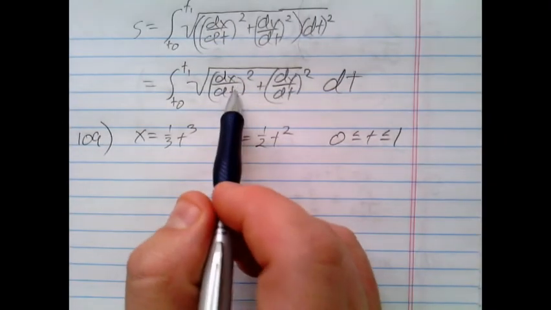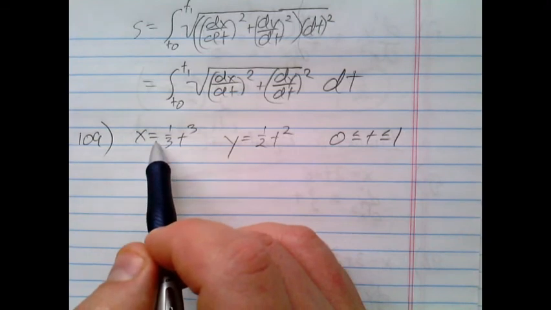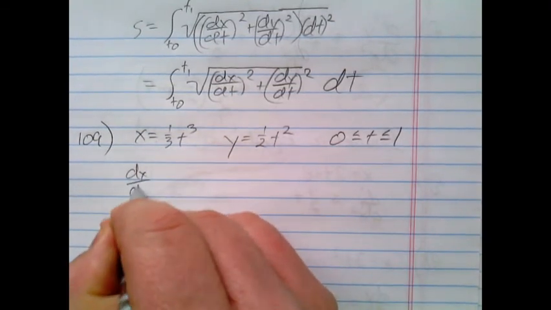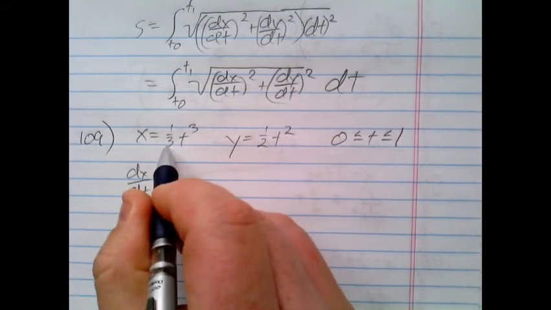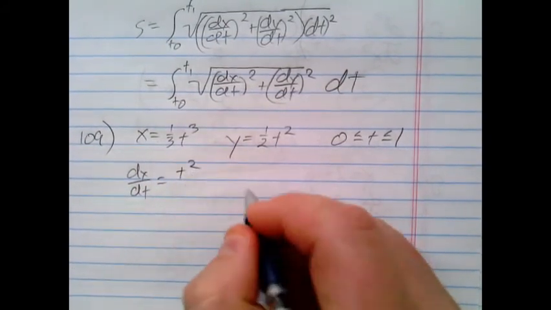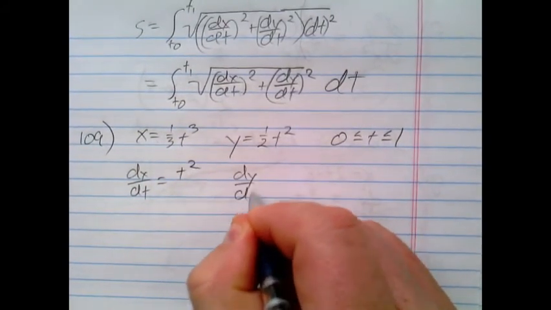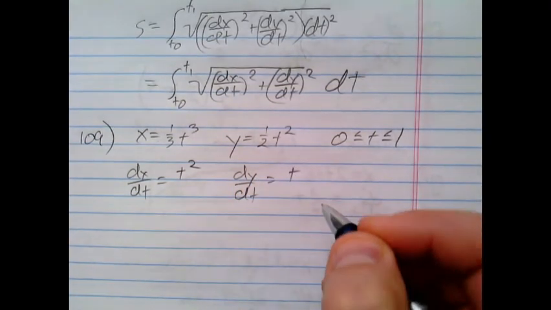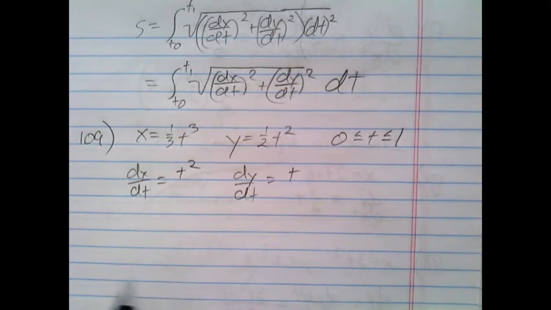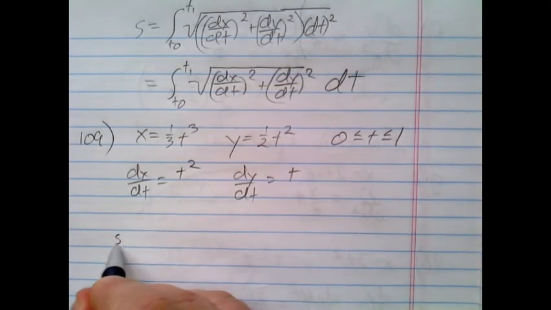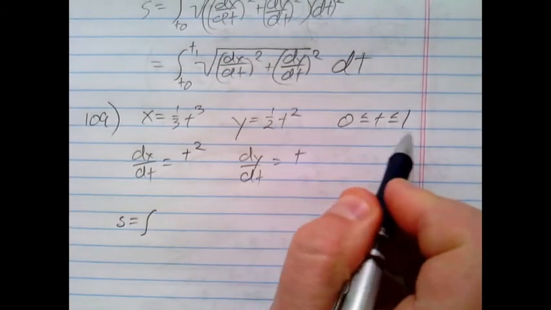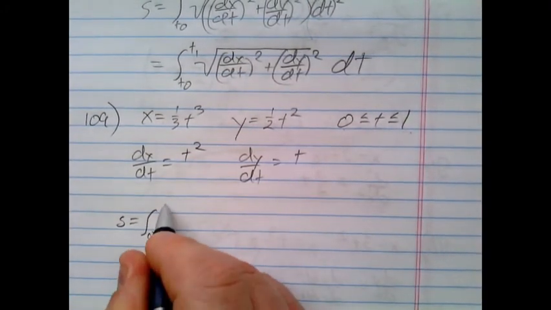Now, to apply this formula, it looks like I need to begin by computing some derivatives. So dx/dt equals, bring down the 3, just t squared. dy/dt equals, bring down the 2, just t. Alright, that's kind of nice. So my arc length s would be an integral from 0 to 1, because that's my t interval that they gave me,